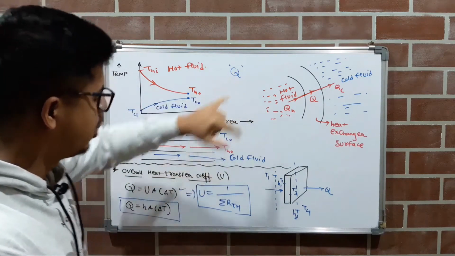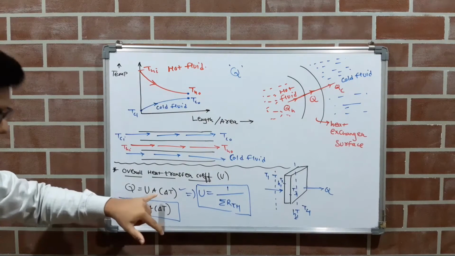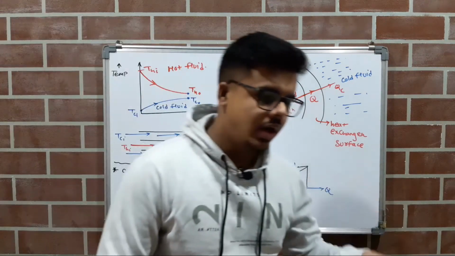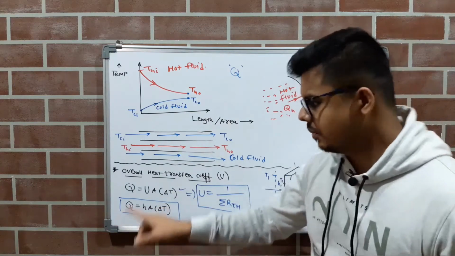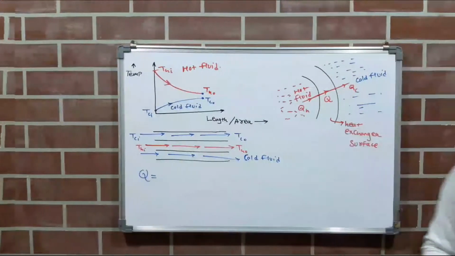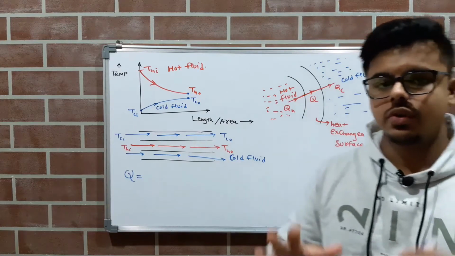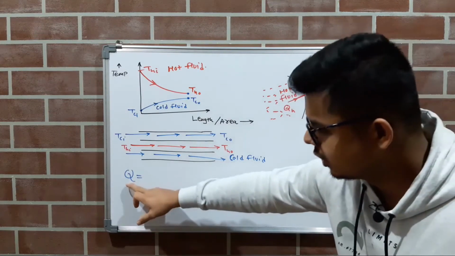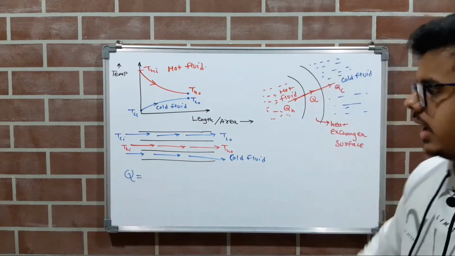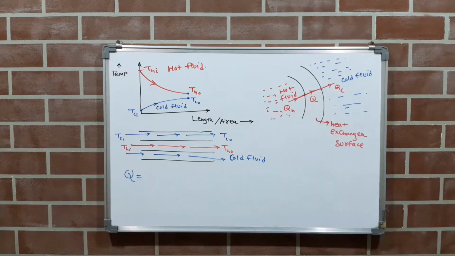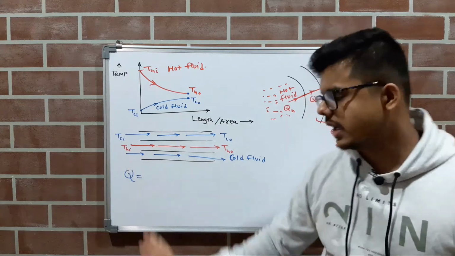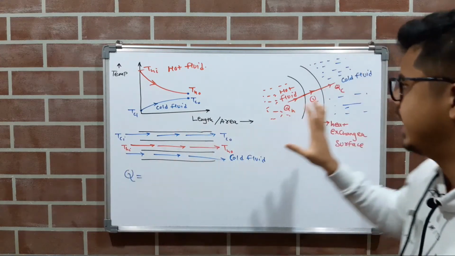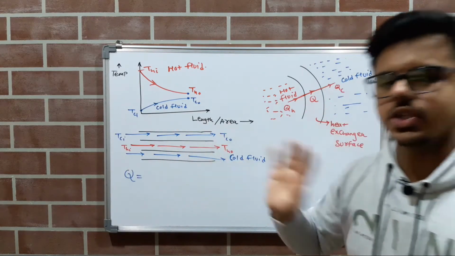So how will we find Q? By using this formula. But again, there is some modification in this formula. We will see what the modifications are, but we will use this formula, right? Now let us assume that Q is the heat transfer rate through this heat exchanging surface, or you can write QEXE also, or just Q only, right?